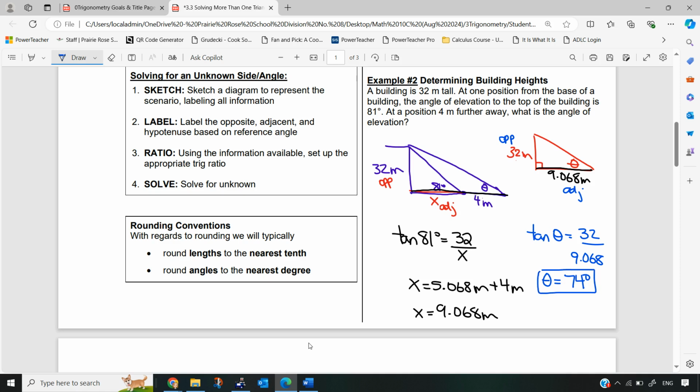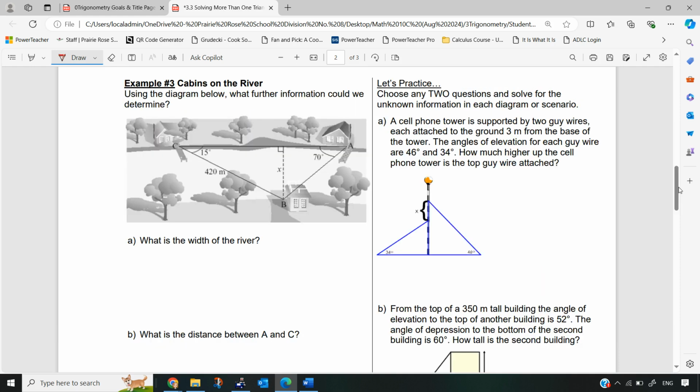Now that number is smaller than 81, so I know I'm probably on the right track. Example 3, we're asked to determine the width of the river. Well, if I look at the right triangle, I have a 70 degrees and I have an X. I don't have enough information. But on the left-hand side, I have a 15 degrees and a 420, so this would give me enough information to determine the width. I start by labeling my triangle, so X will be opposite, 420 will be hypotenuse, so